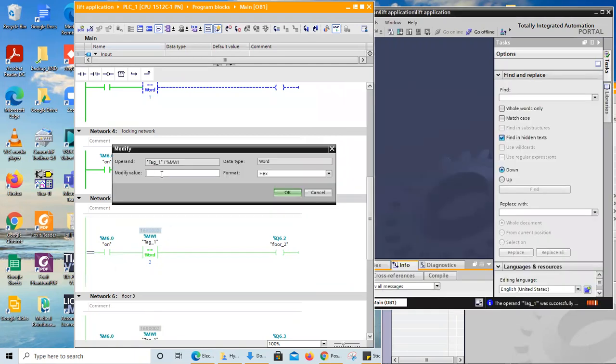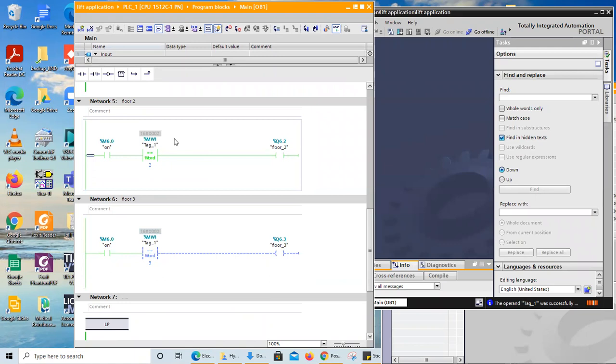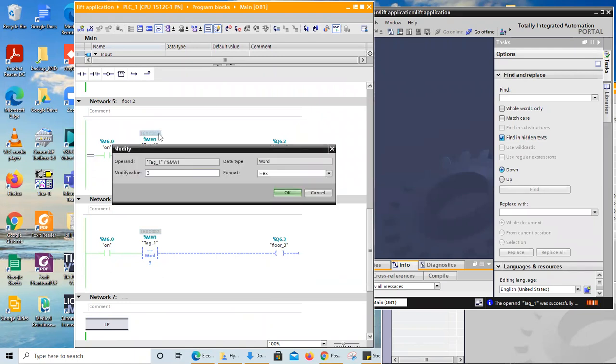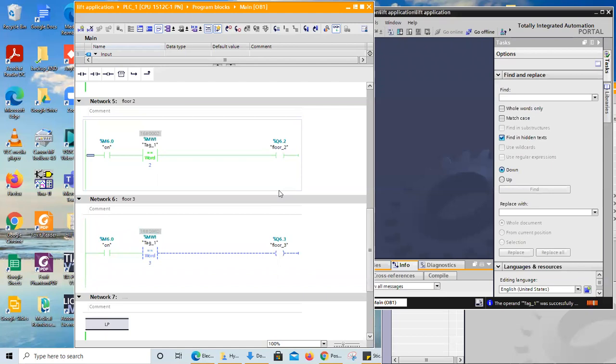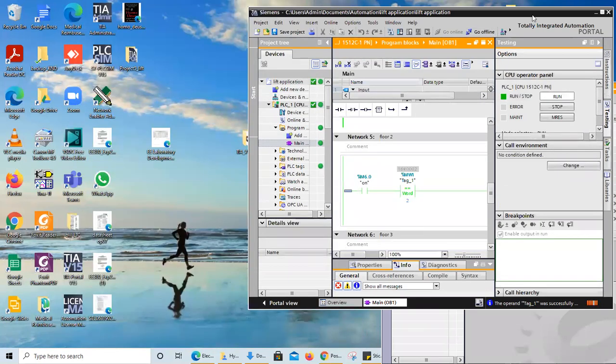I want to operate in the third floor. I click this 3, but third floor will not be operated. If I click 2 also, second floor will not be operated because the program will not go into that loop. It will jump out of that loop. Once my second floor is in on condition, if I click this controller option, it will show on only, but lift will not go. Vice versa, once you are in the loop, you will be in the loop. If you are out of the loop, you won't come into the loop. Like this it is operating. Okay, I think you are clear regarding the lift application.